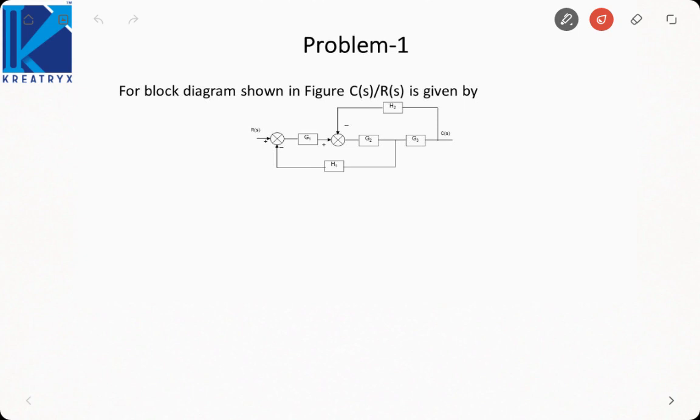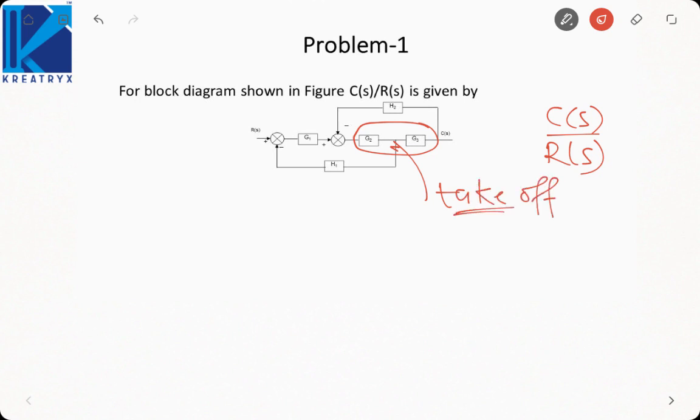So this is a block diagram that has been given to me, and I need to find the transfer function C(s)/R(s). Here, the problem in simplifying this block diagram is that I cannot combine these two blocks because of this takeoff point. Otherwise they would have been in cascade if this takeoff point was not there. So what I can do is shift this takeoff point after the block. Then what would happen to the block diagram?